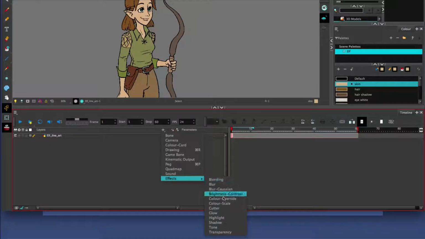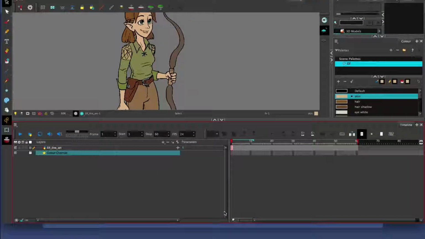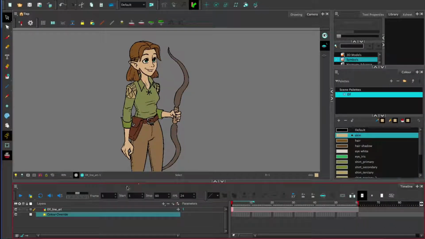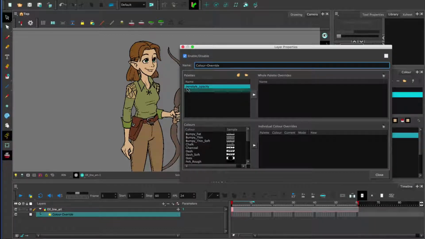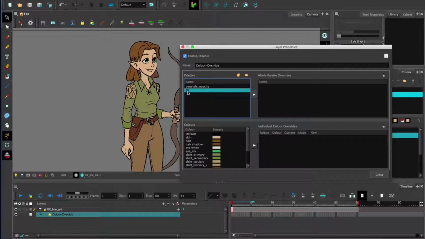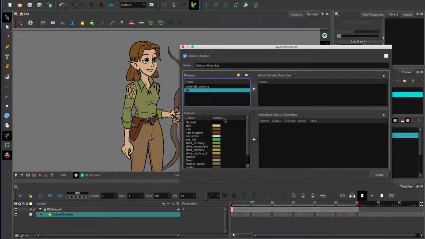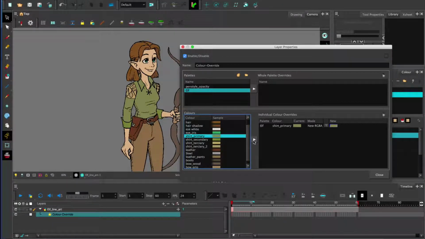The first one is Color Override. This is similar to cloning a palette. I'm just going to click and drag this to make sure that it's applied to our drawing layer. There we go, now it's applied. If we double click this, we get this window that lets us pick a palette from our file, and then down here we can pick which colors from that palette we want to override. So let's say we want to override the shirt color. We then click this arrow to add it,